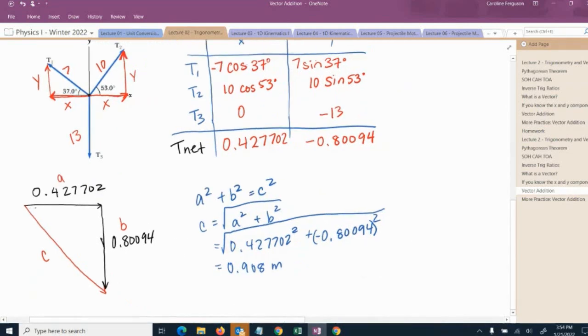And then I'll find my direction. So my direction is always from the beginning of the vector. So that would be up here. And I always use tan. Tan theta equals opposite, 0.80094 over adjacent, 0.427702. Notice I'm not putting in a negative sign. And now I'm going to solve for theta by doing the tan inverse of that. Tan inverse of 0.80094 divided by 0.427702. Close the bracket. 61.9